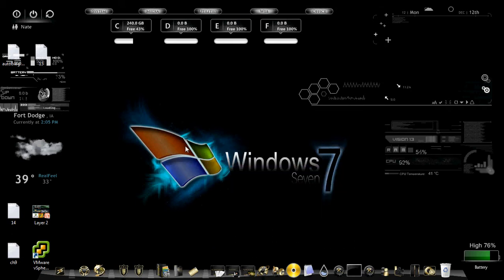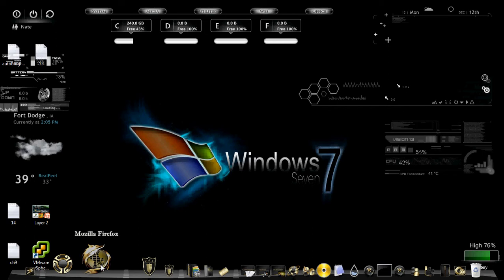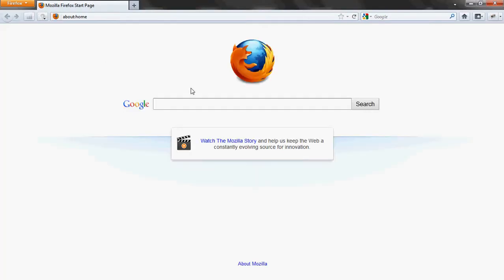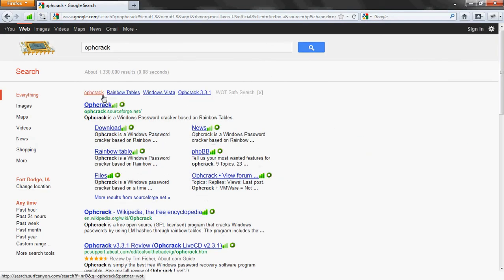Today we are going to be looking at a program called Ophcrack. Ophcrack is a password recovery and/or cracker tool. What Ophcrack does is it uses rainbow tables to crack your passwords. And so if we just go to Ophcrack's website,